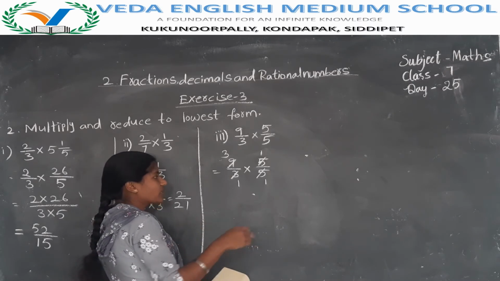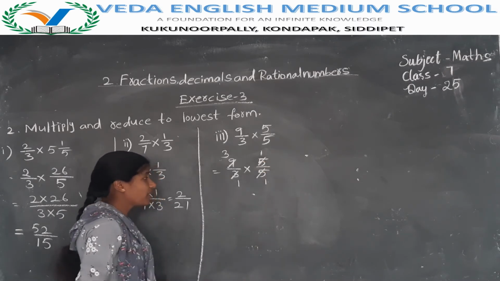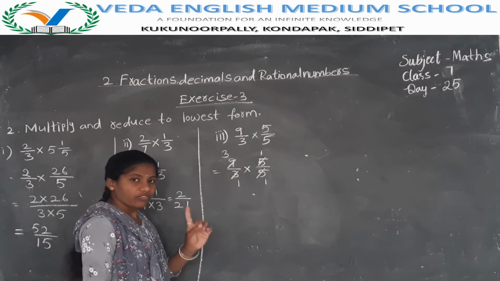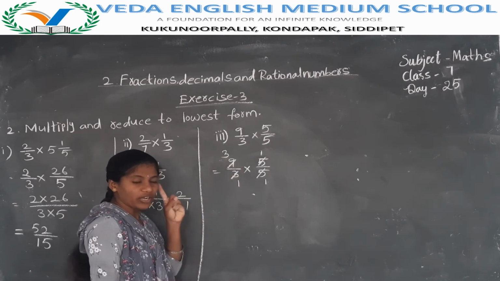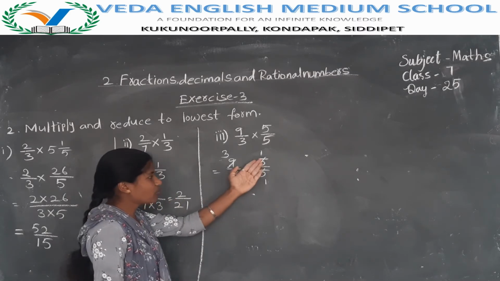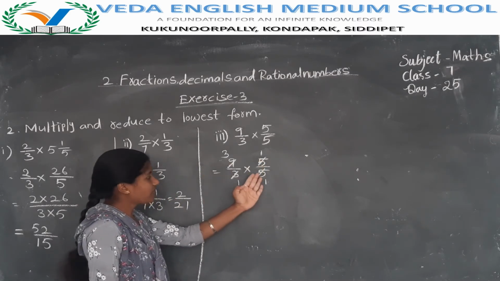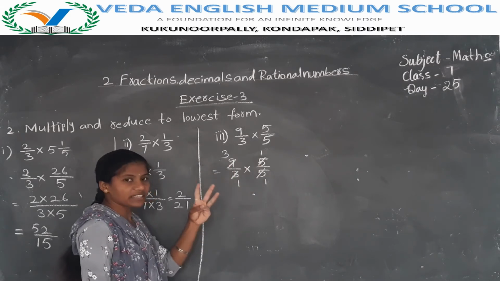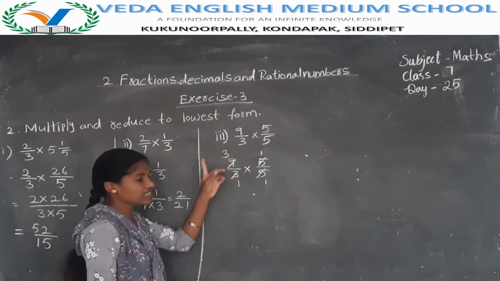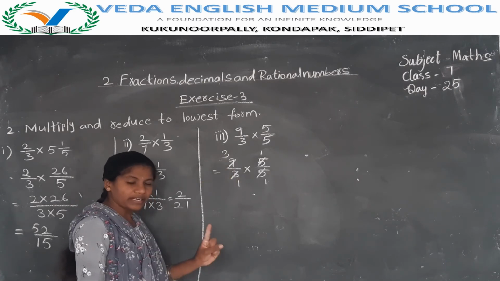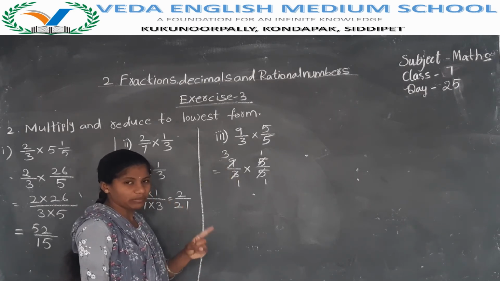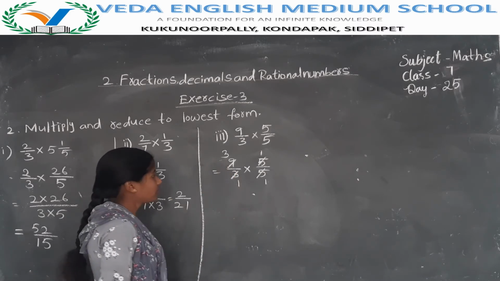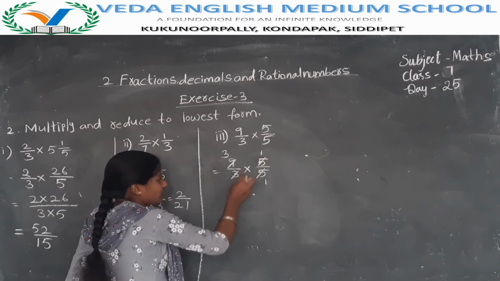You can take the 5 table and cut both. Madam, can we cut the numerator in one table and the denominator in another table? No. For numerator and denominator you have to take only one table. Here for this numerator and denominator I have taken 5 table only. 5 ones are 5, 5 ones are 5. Here also for numerator and for denominator I have taken 3 table only. 3 ones are 3, 3 3s are 9. Understand? To cut the numerator and denominator, you must use only one table. You should not cut the numerator in one table and the denominator in another table. Okay? Now 3 1 1 1.